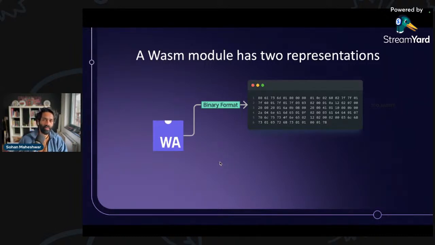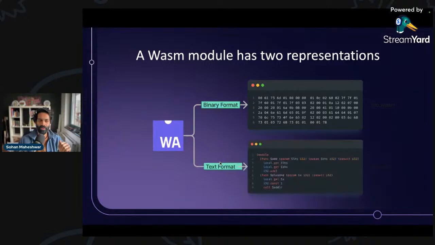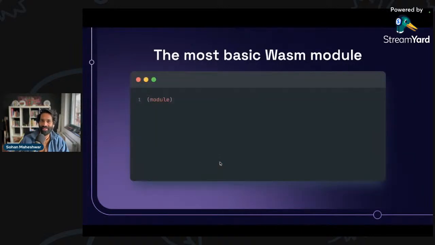But if you're into compiler engineering, and if you're one of those people, there is also a text format where it is a little more human readable. I don't know about you, I can't read the binary format and tell you what the program's doing. But with the text format, I think we can take a fair guess as to what it's actually doing. So that's what a Wasm module looks like. The most basic Wasm module is just this, right? Literally just one line of code, open brackets, module, close brackets. I'm the sort of programmer who'll probably see errors even in this one line of code, like forgot the semicolon or whatever. But this is the most basic Wasm module.